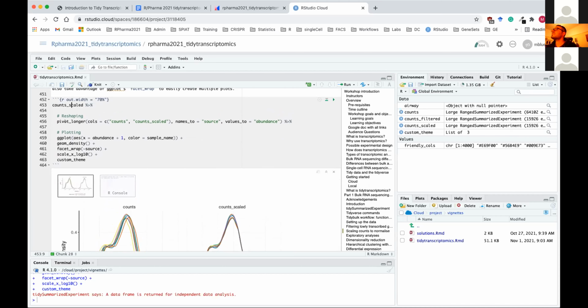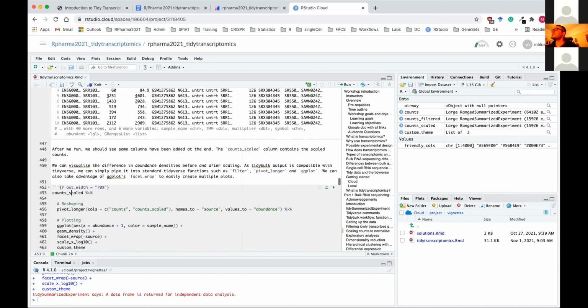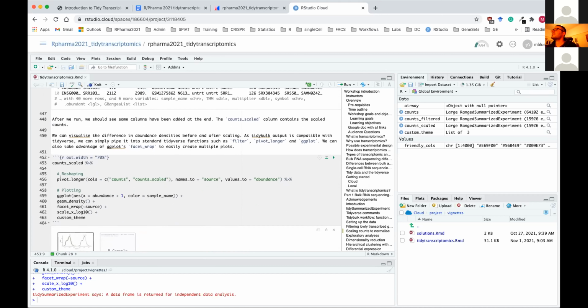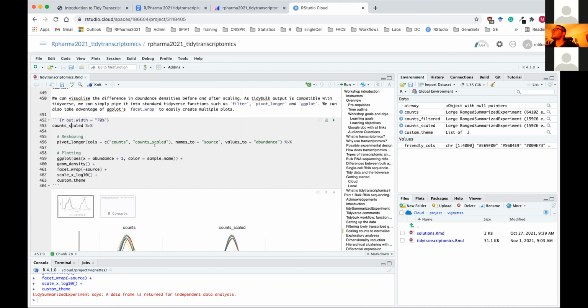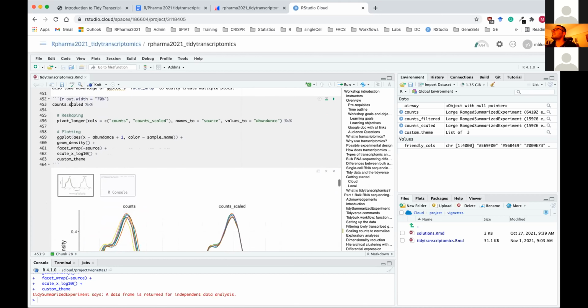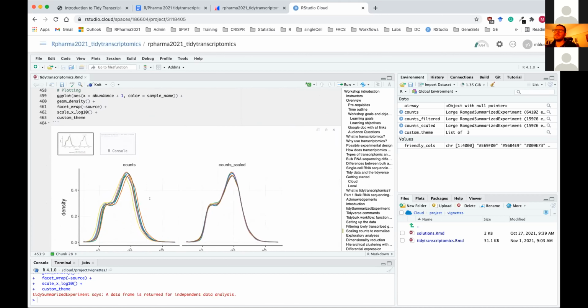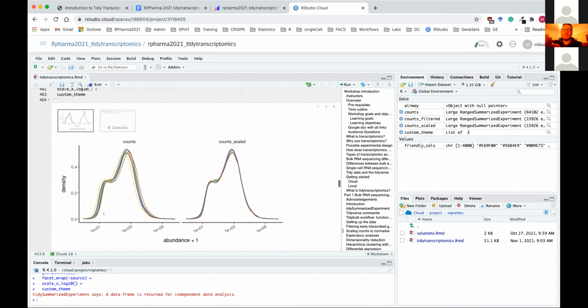So here what we're doing is taking that scaled counts table, reshaping it so that we've got a column that contains our raw counts and scaled counts, and then plotting it, creating density plots with ggplot, so we can compare our distributions of counts for each of our 8 samples